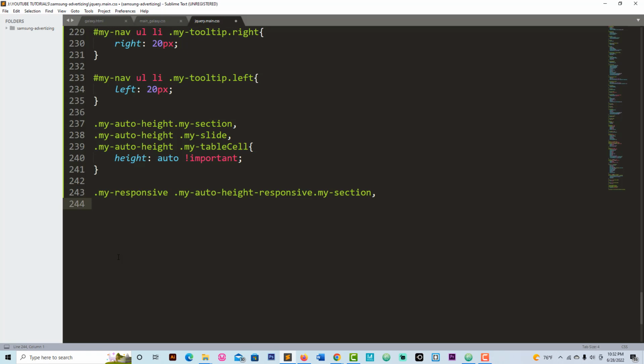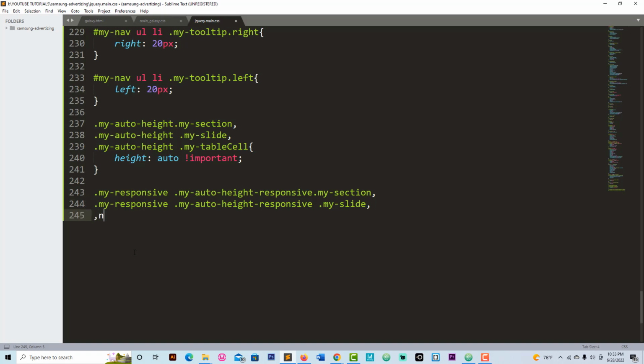Now I got my responsive, my auto height responsive space, the first one no space, my slide, and now I'm going to, okay, and